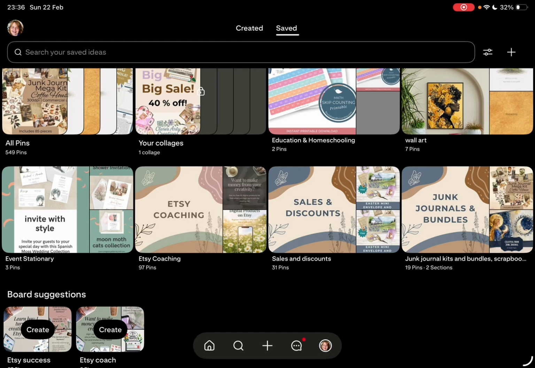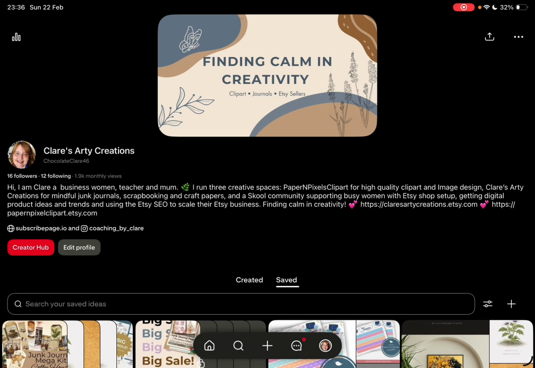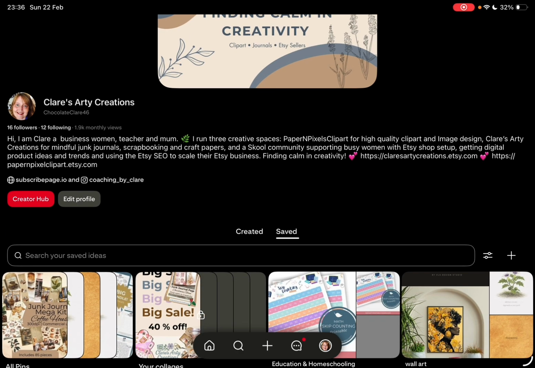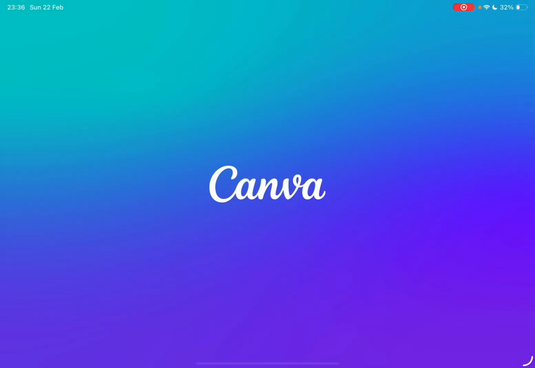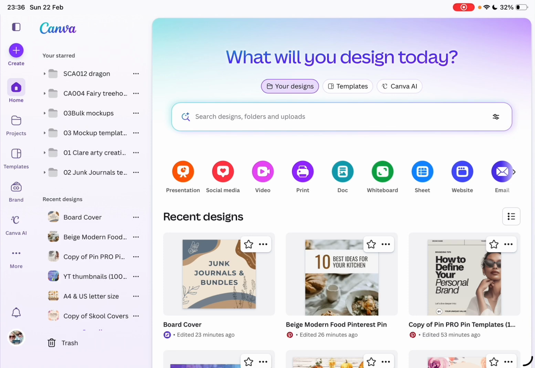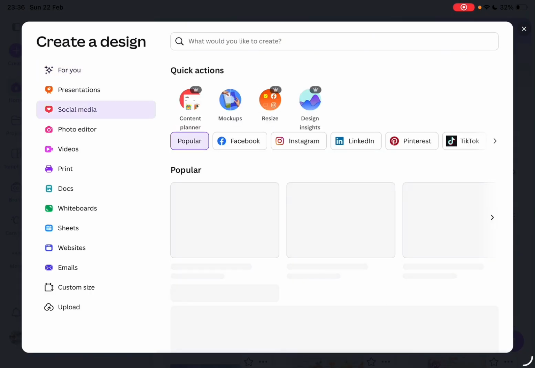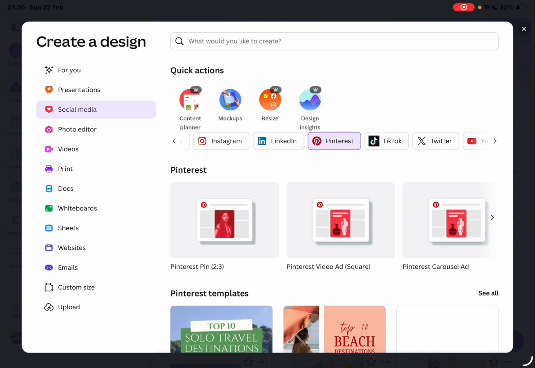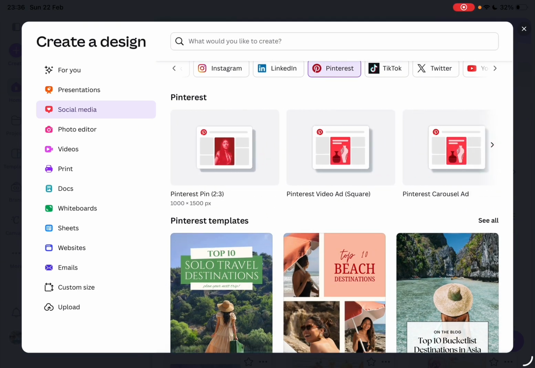I think they're in the free community as well, so please by all means just go in there and have a look. However, I just wanted to show you this, and then I wanted to just bring you to Canva, because I know some of you asked about templates and things like that. So if we wanted to go into create social media, so we can go to Pinterest, and here they literally give you everything ready